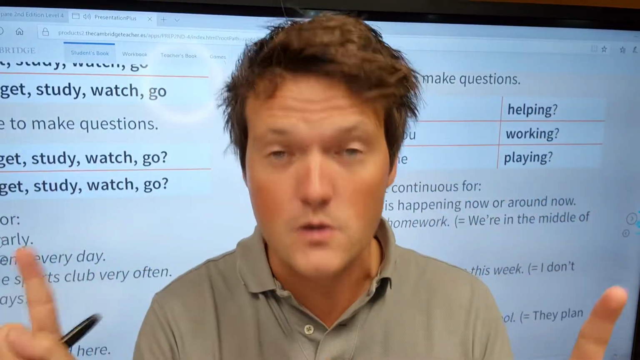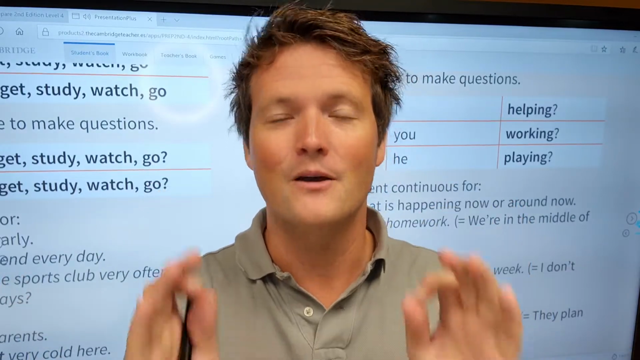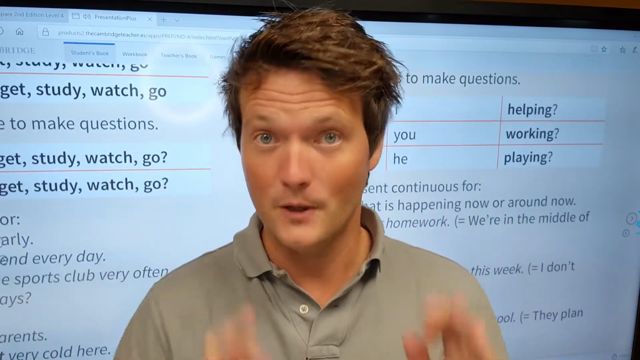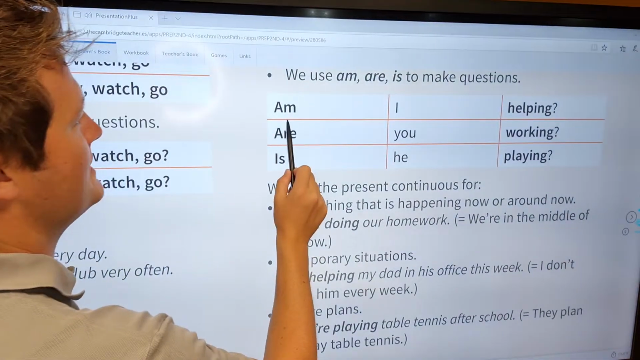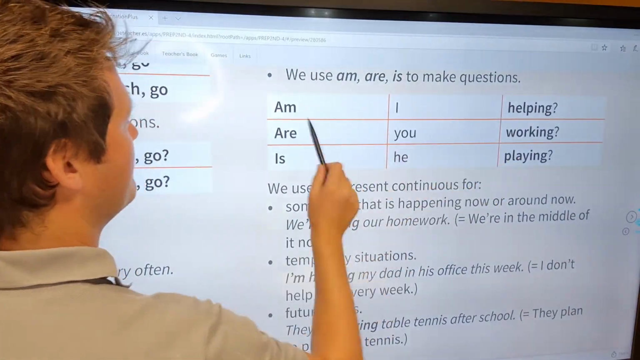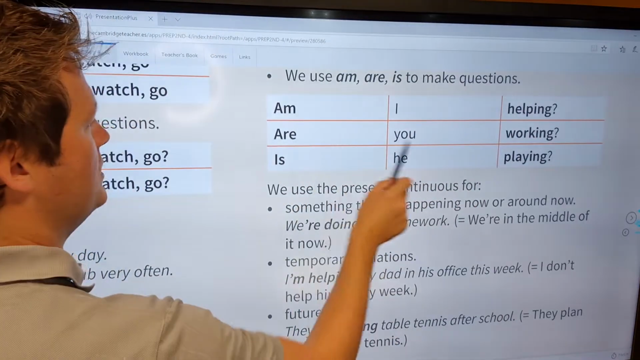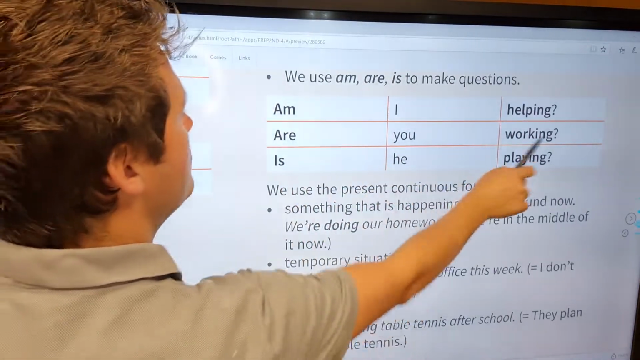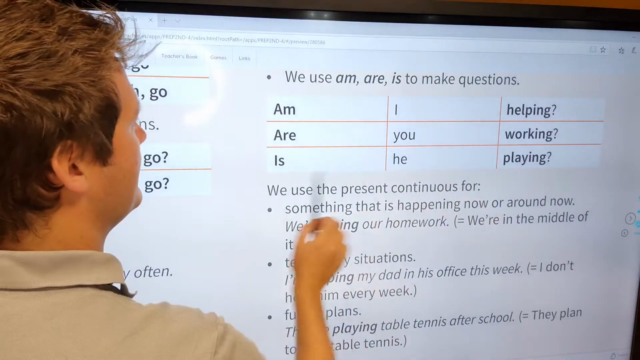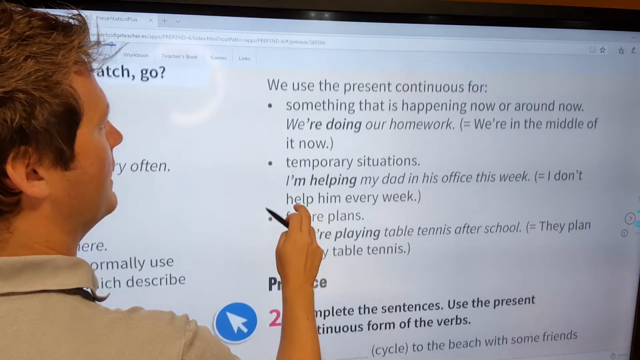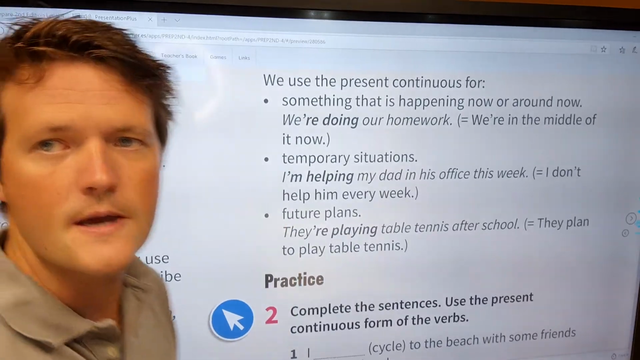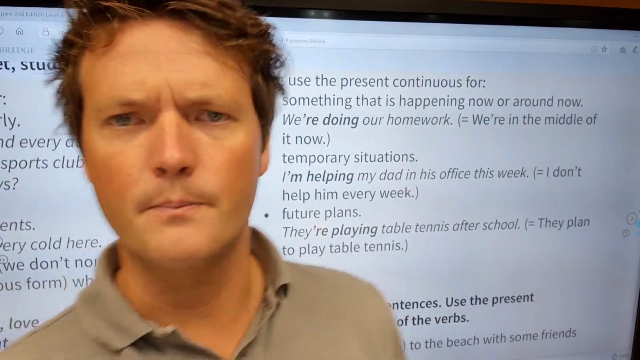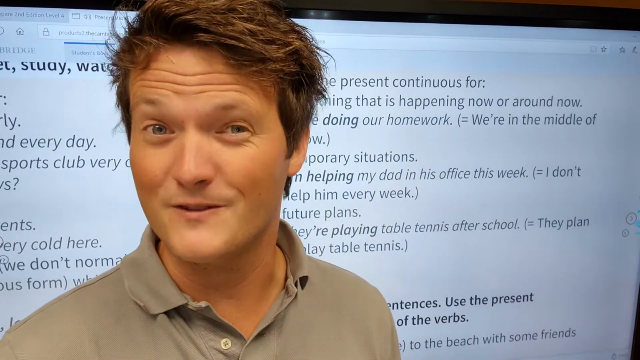We don't use the auxiliary do or does, right? In present continuous, we use the verb to be. So instead of "I am helping," we say, "Am I helping?" "You are working. Are you working?" "He is playing. Is he playing?" Right? Now, the uses for present continuous,